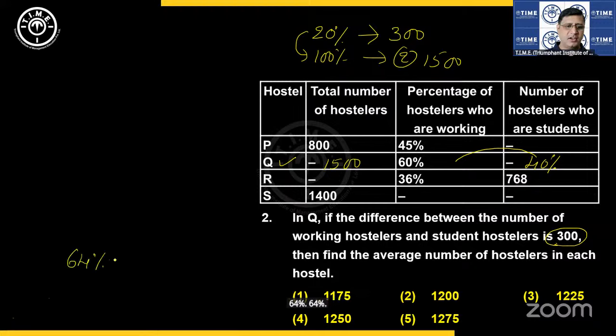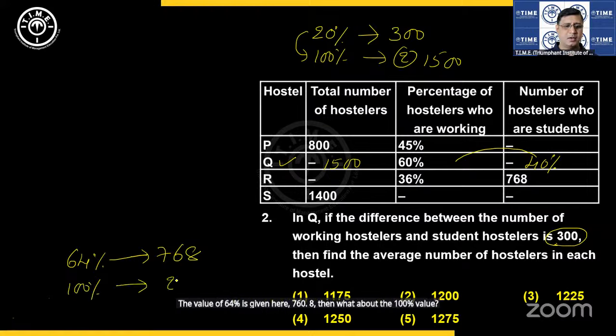64%. The value of 64% is given here, 768. Then what about the 100% value? How much is the value of 100%? Now just observe how many times of